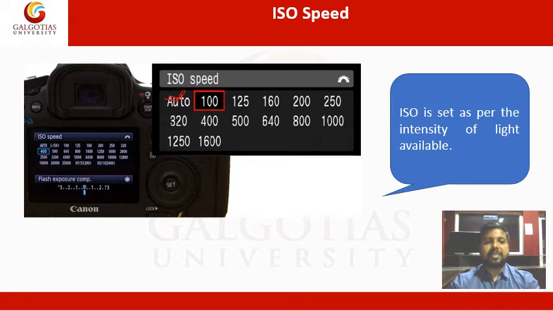For example, basically in daytime, in daylight, we use 100 ISO. But if there is very low light, then in that case we use ISO 1600. Basically, for indoor shoots we use ISO from 200 to 400. In outdoor shoots, in the evening, we use 500 to 800, or in darker situations we use 1000 to 1600 and above. So this is the role of ISO in a camera. It tells you the sensitivity of a sensor.